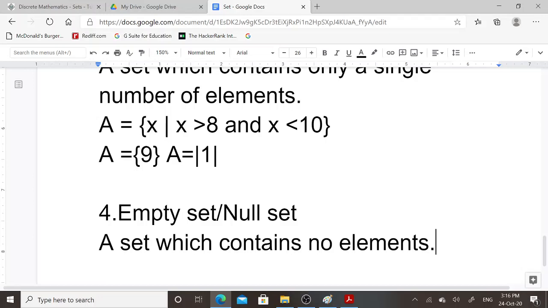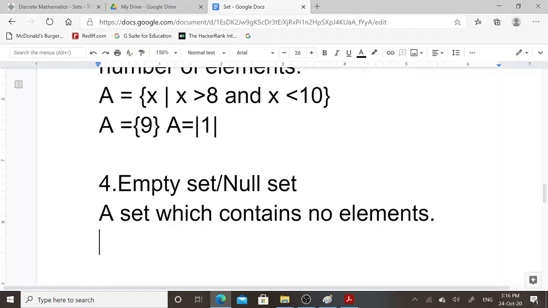A set which contains no elements is known as empty set or null set. It is represented in tabular form as set A equal to open curly brace, close curly brace, and none of any element is present in this set.